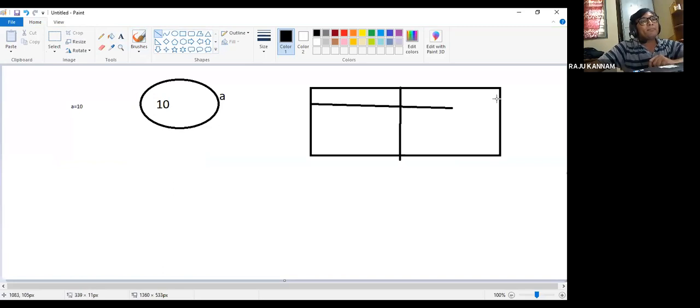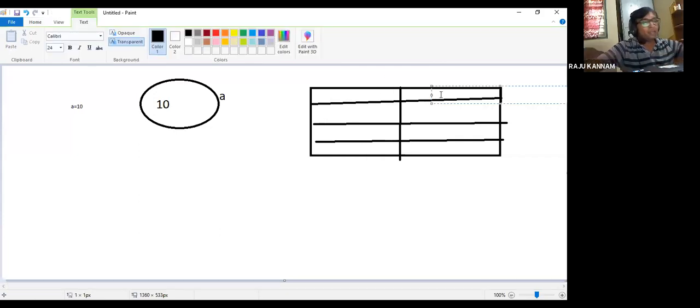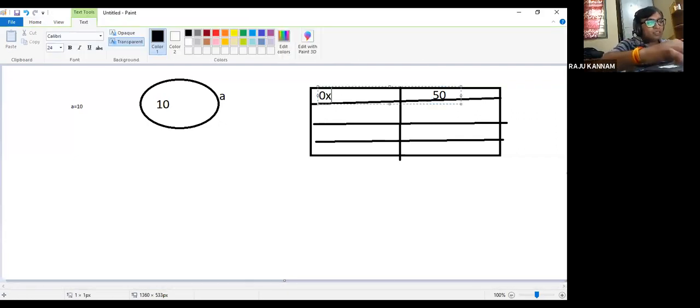A table like this. His value is 50, which he has given. That 50 is stored in some memory location, say 0x10999 something.